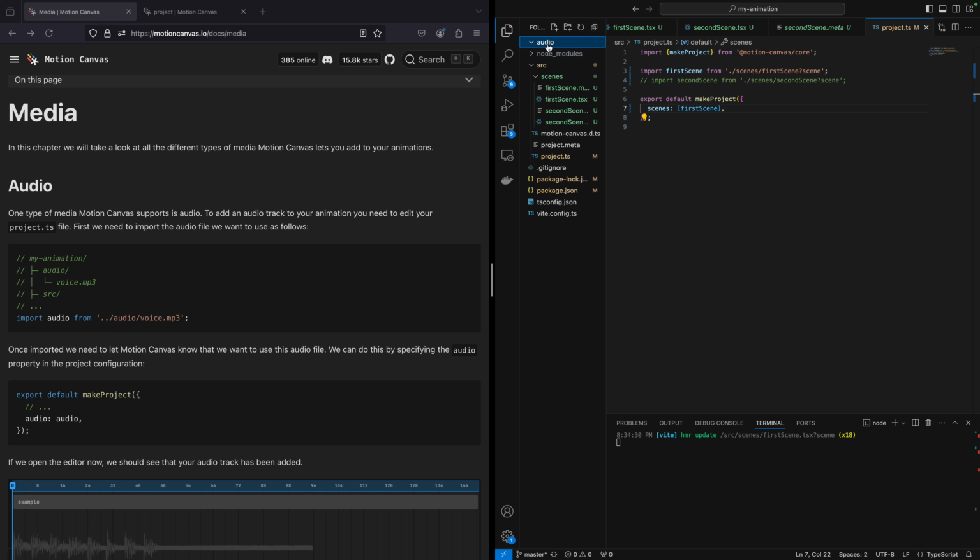And inside here we can have a voice.mp3, and then in your Project TS file, we'll import audio, which is voice.mp3, and inside of Make Project, we have scenes. Now we can add our audio,